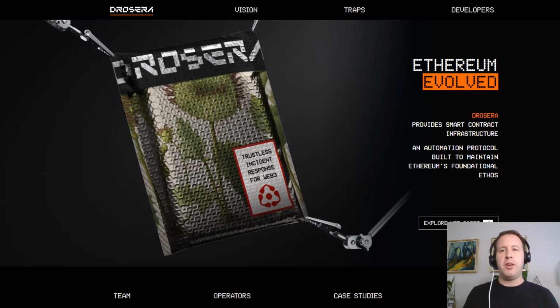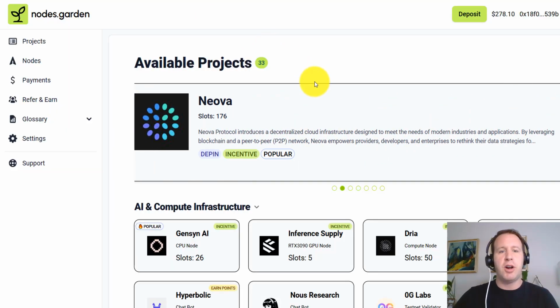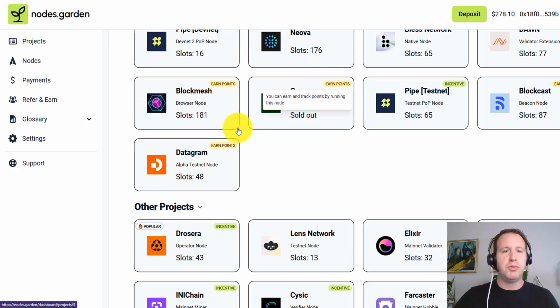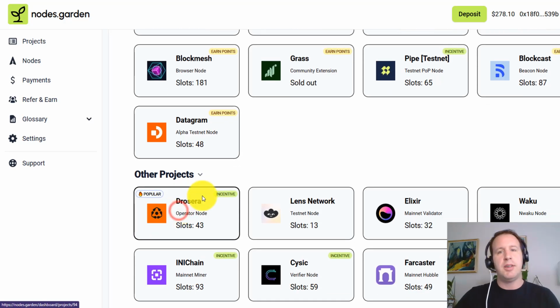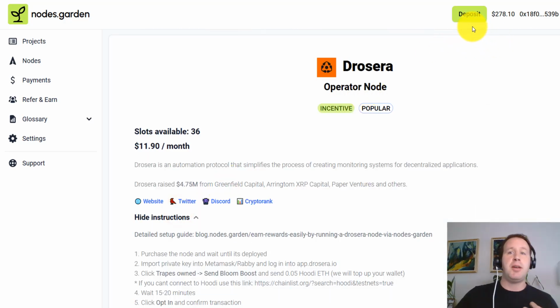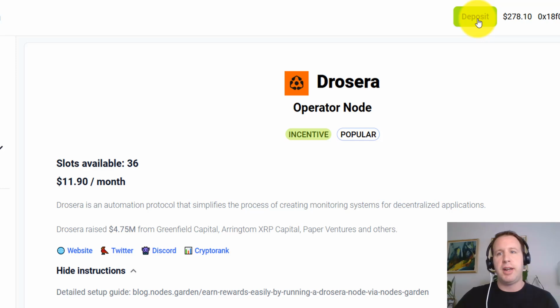In this quick tutorial, I'm going to show you how to run your own Drosera node using Nodes Garden. Let's hop over to Nodes Garden. We're going to go down over to Drosera. There it is. I'm opening that up, and if you have not deposited funds on your Nodes Garden account really